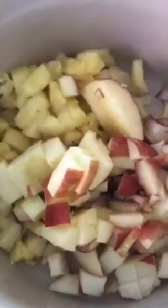Fresh pineapple, fresh peach, 1 apple, 1 pear, some fresh orange chunks, few raspberries,